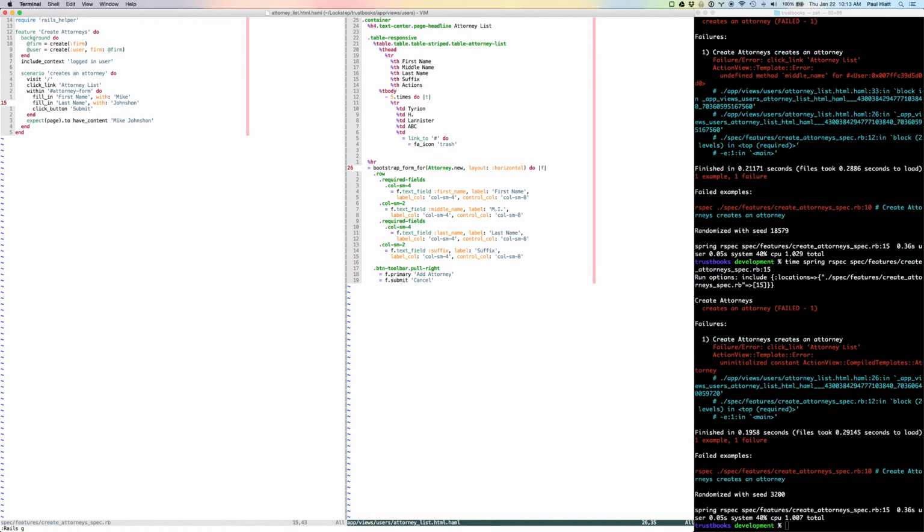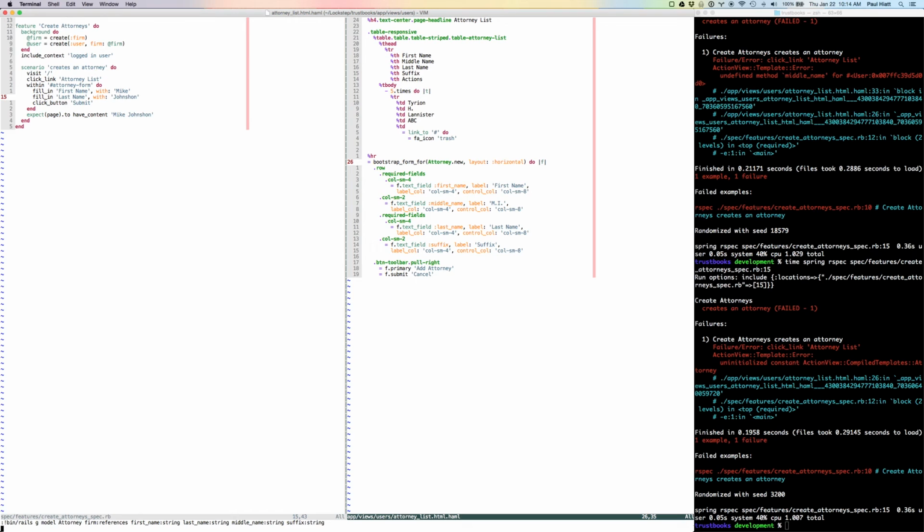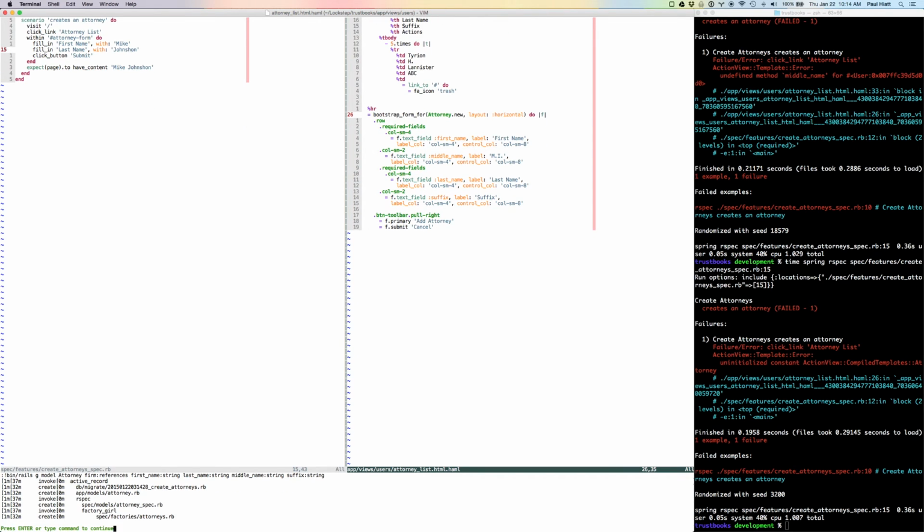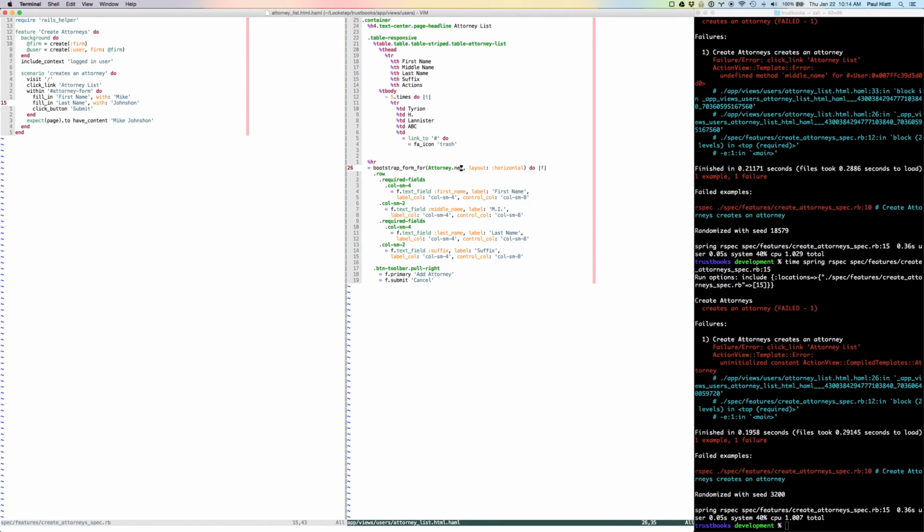So down here at the bottom, you'll see I can do rails.g, that's rails generate model attorney. And I know the attorney needs to belong to the firm. So I can have a references field there, and then I know it needs a first name, and that's going to be a string, a last name, which is also going to be a string, middle name, which is going to be a string, and I'm just looking at the form up there to see what it's going to need, and then a suffix, since these are attorneys and they have pretentious additions to their names, we're going to need a string for this as well. And now when I generate that, this is a nice little Vim helper, rails.vim. Okay, so now I should have an attorney